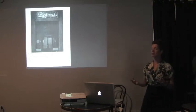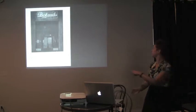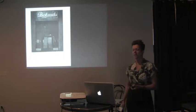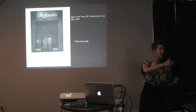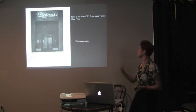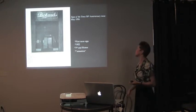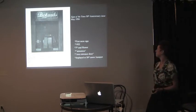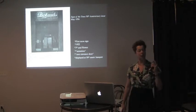And interestingly, the text of the history itself doesn't mention the Earl C. Anthony Packard sign, but this caption does. And when you read it, I won't bother to go through the whole thing, but it makes all the same claims that are from the back of the photo, because they probably got sent the same photo. They say it was the first neon sign, they say that it was in 1922, they say it was on 7th and Flower, they say that it created a sensation, they say that it ended up later over the entrance door, and that it was displayed, an interesting tidbit,